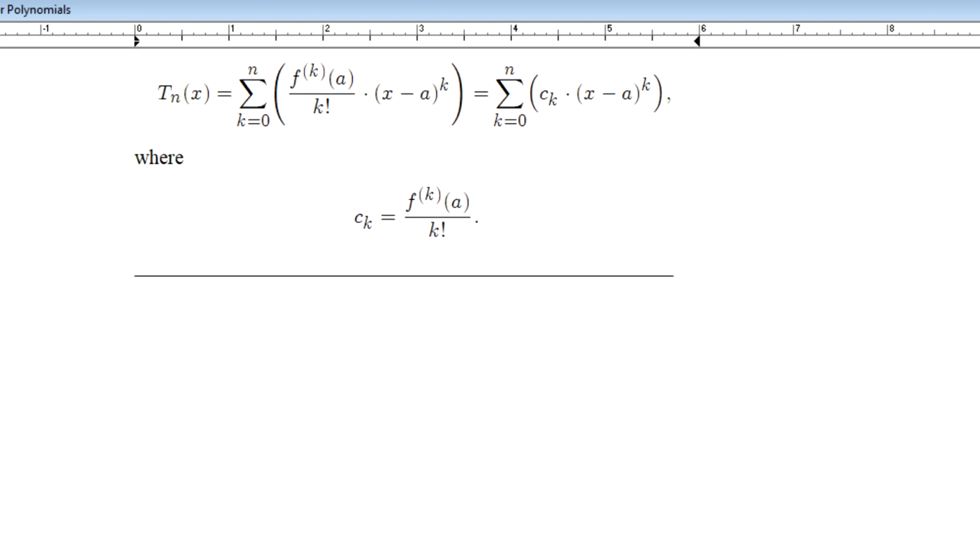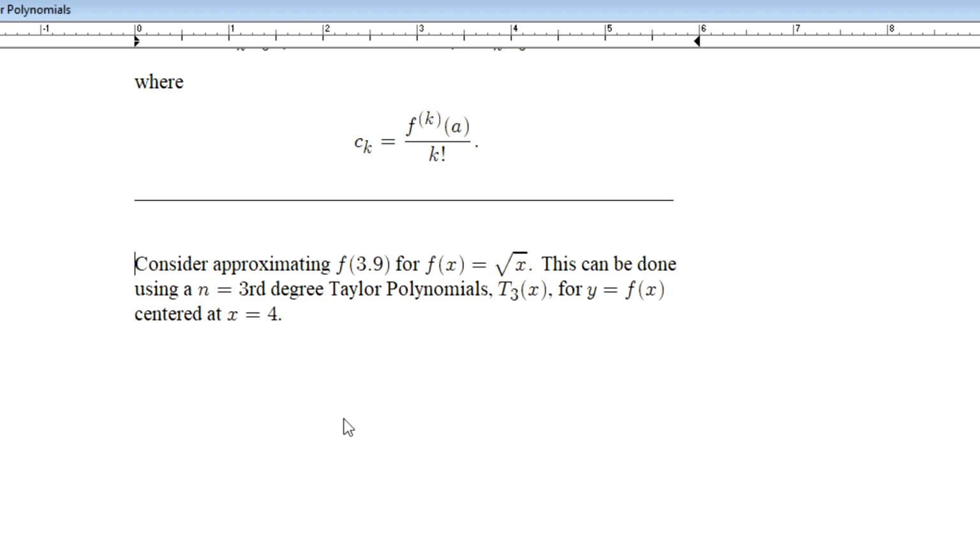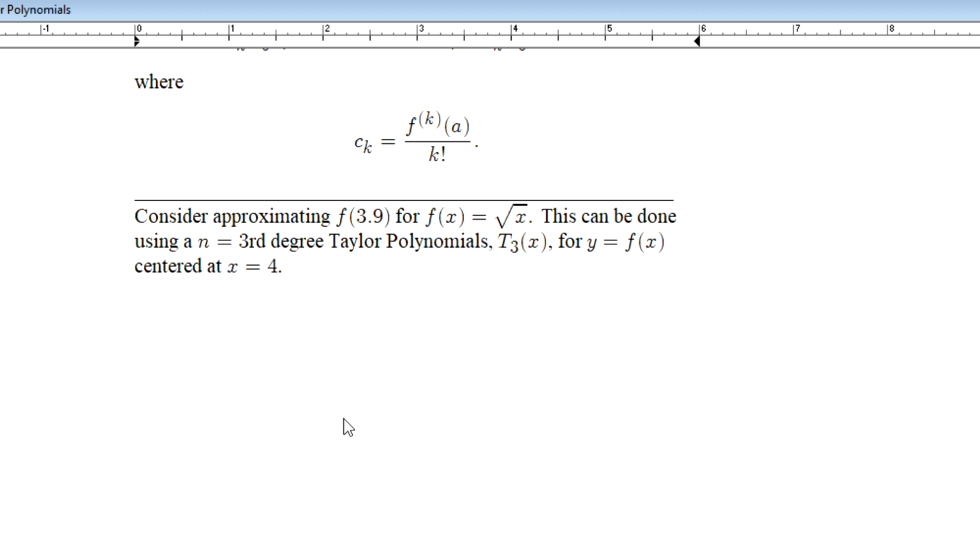Let's look at an example. Let's look at another example. We've really already looked at one example in the introduction here. Let's look at another. All right? Let's look at this case. In this case, we're considering approximating f of 3.9 for our function f of x equals the square root of